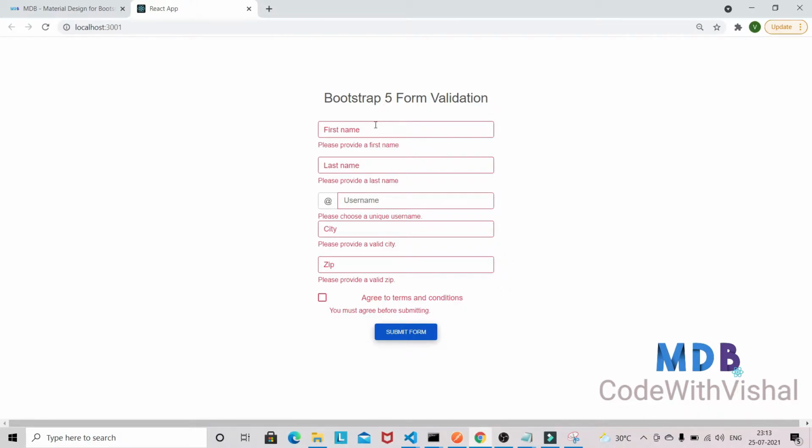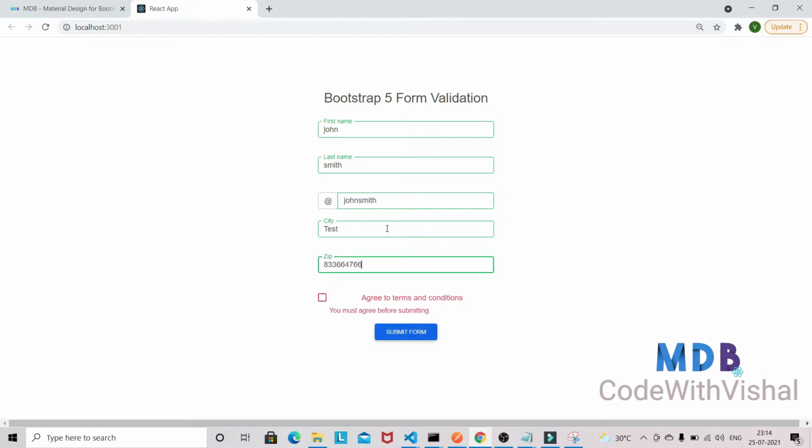So the moment you enter anything in this input field, as you can see this border is now red, and the moment you give any value into this input field, it will become green, and the same thing goes for all fields basically. So it will become green whenever you provide any value into this input field. So this way you can basically perform the client side form validation with the help of Bootstrap.